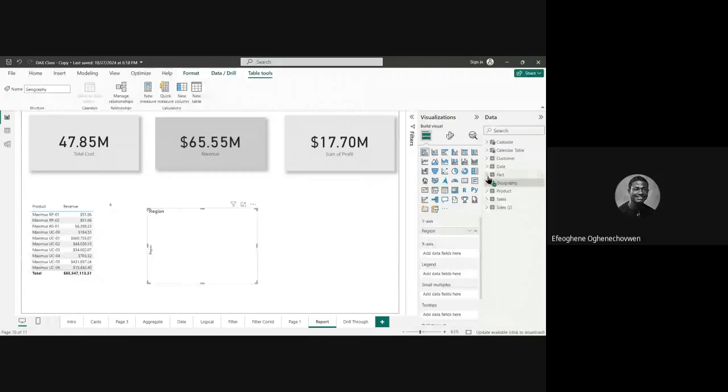You have the categorical. We are measuring it with the region, so we can see that